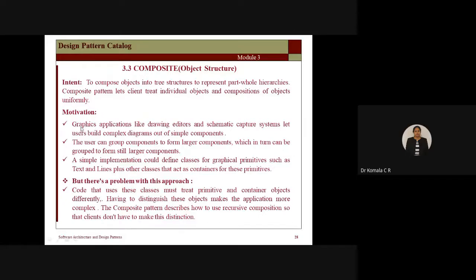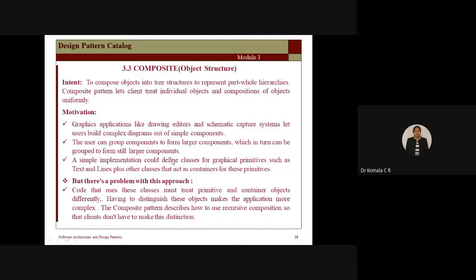So coming to motivation. Here we are going to write an implementation for a graphics application. The same example is taken, like drawing editors and schematic capture systems, which let users build complex diagrams out of simple components. The user can group components to form larger components, which in turn can be grouped to form still larger components.